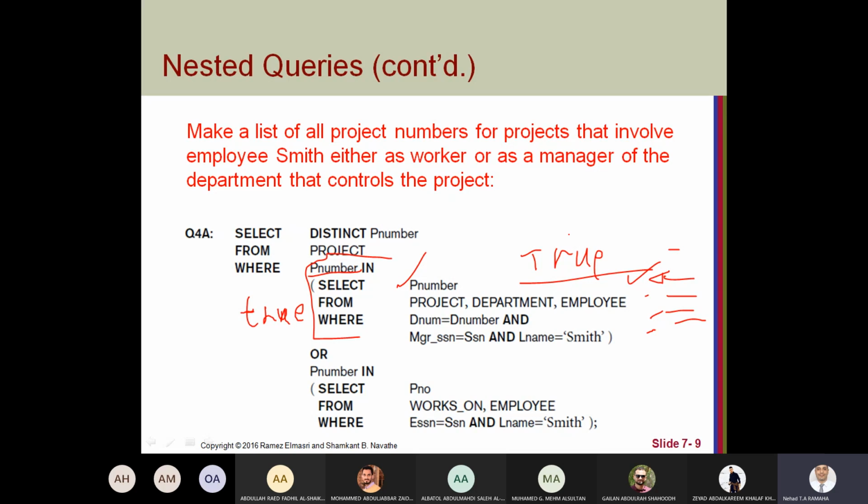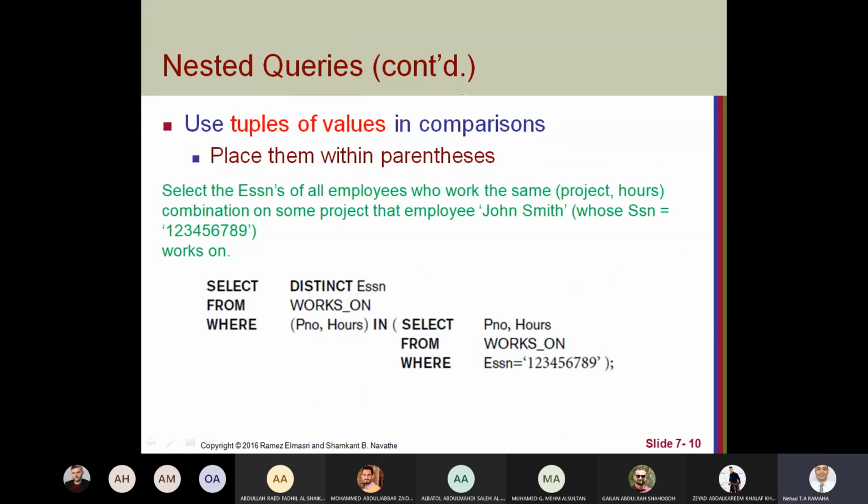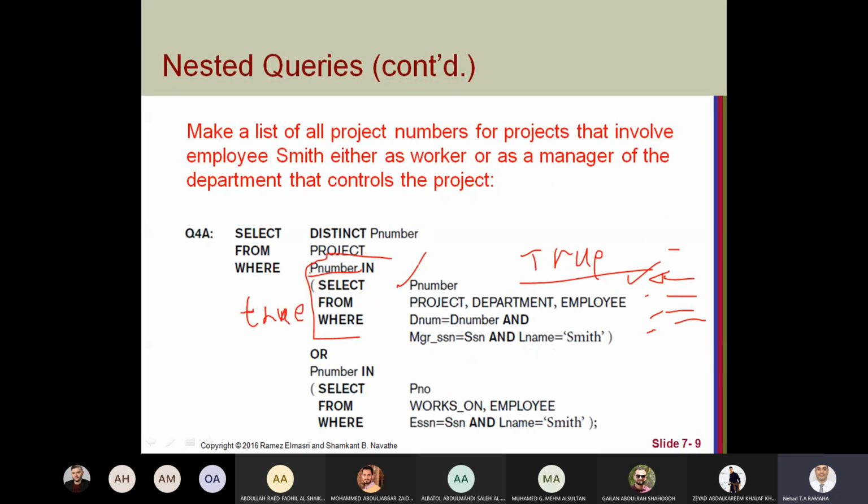But this is the issue: here we compared one value with the result returned from this inner query.